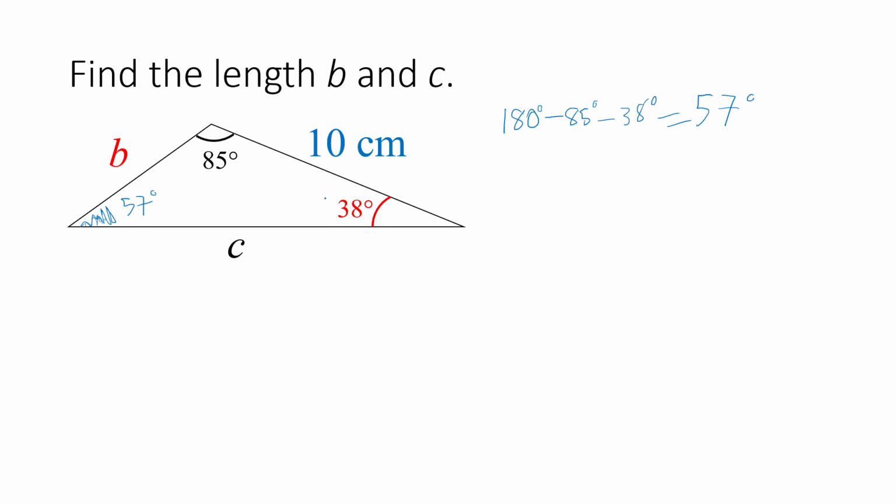So like I said, you want to pair 57 and 10 up. Now, let's try to find the length of B first. To find the length of B, like what I said, the key, let me just repeat again, the key is to make two fractions that are equal. Since we want to find B, what we want to find, we write down here. So B over,